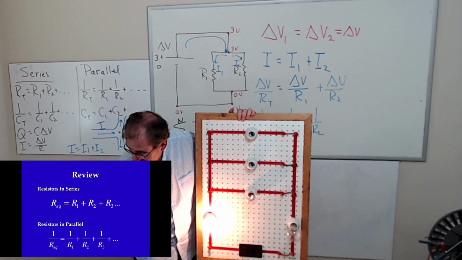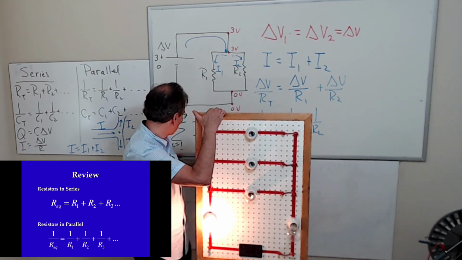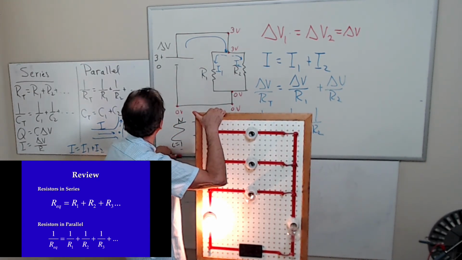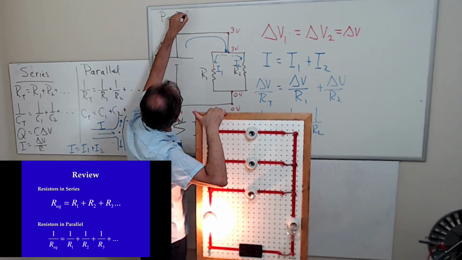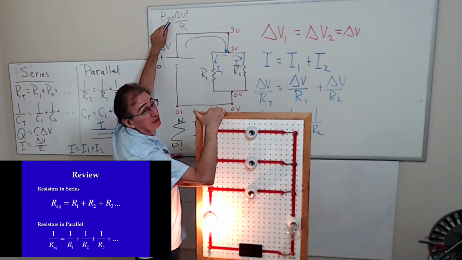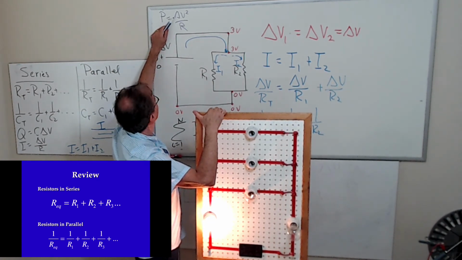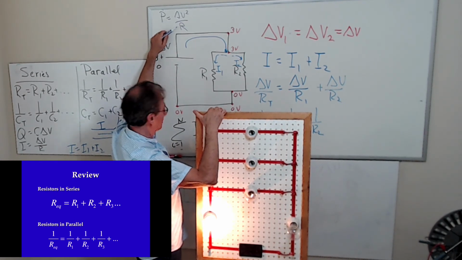It has more resistance, right? This has the most resistance. Remember, we talked about power the other day. Power is delta V squared over R. And so they're all rated at 120 volts. The 25 watt bulb has the lowest power. It means the highest resistance. Now,